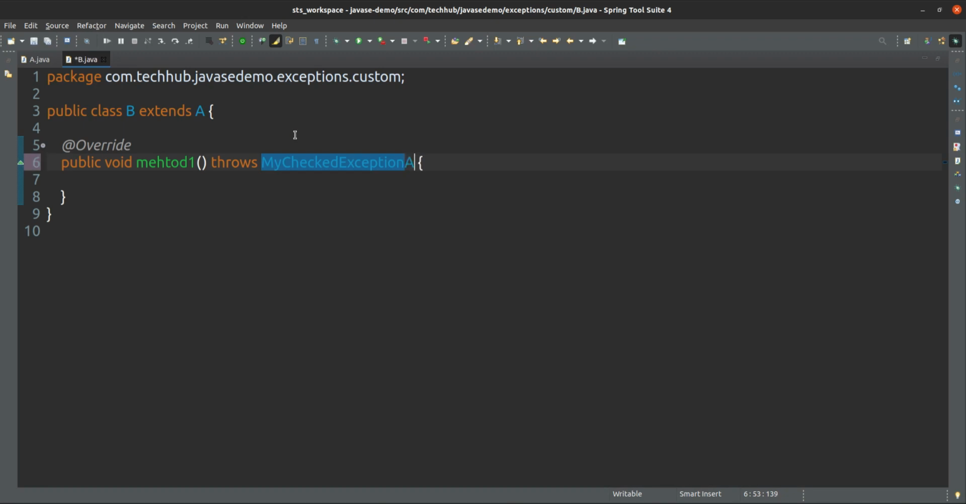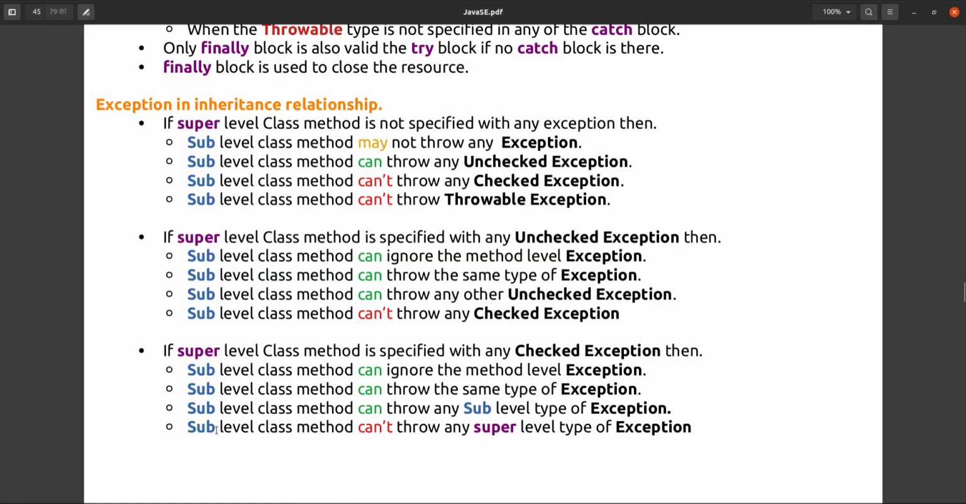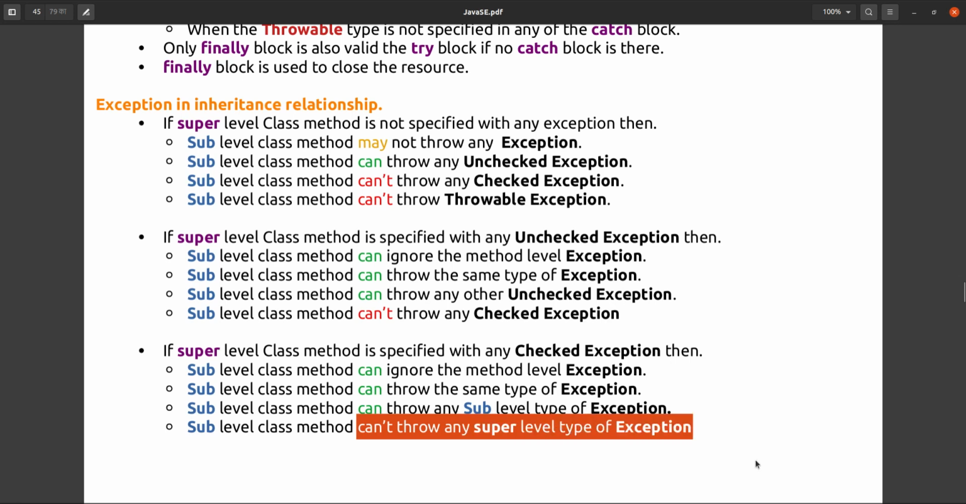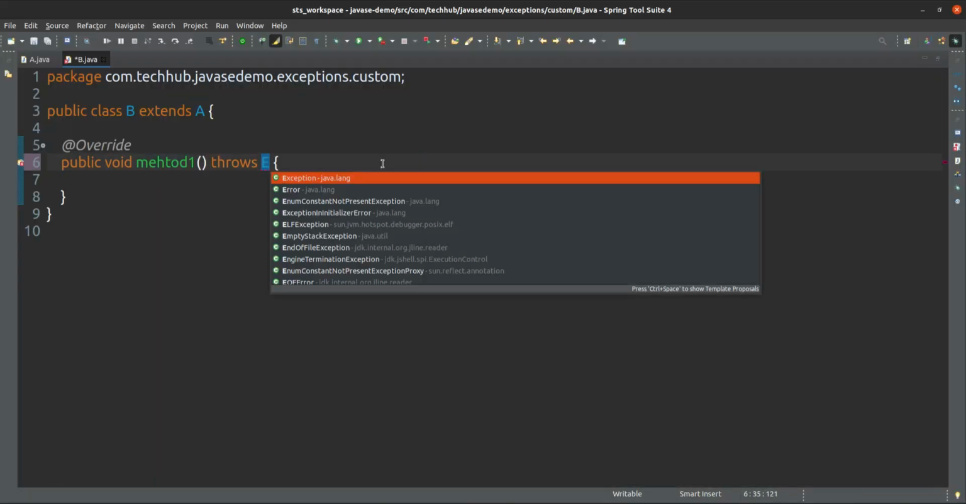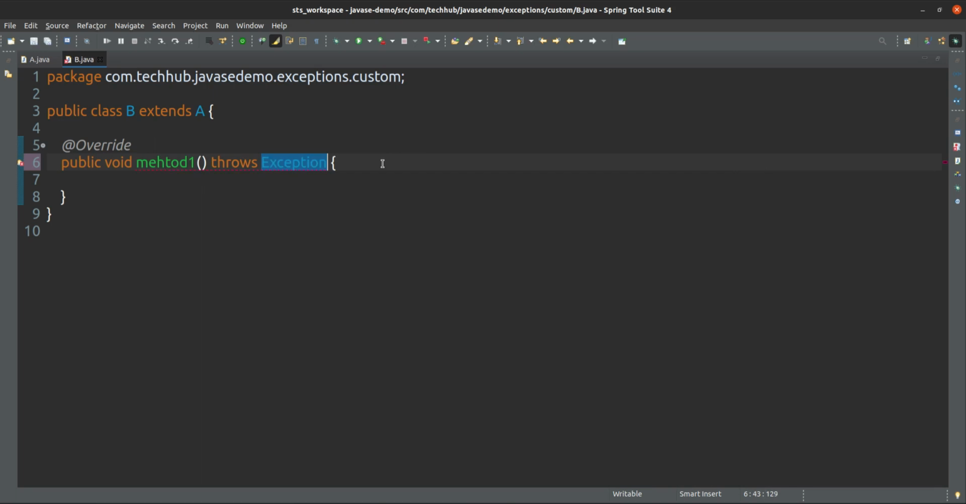You cannot give A, because this is the violation of this third point. Sub-level class method can't throw any super level type of exception. This is super level, this is also super level, this is the super of super. You cannot throw that at all. So my checked exception A you cannot give. You can give B only, because